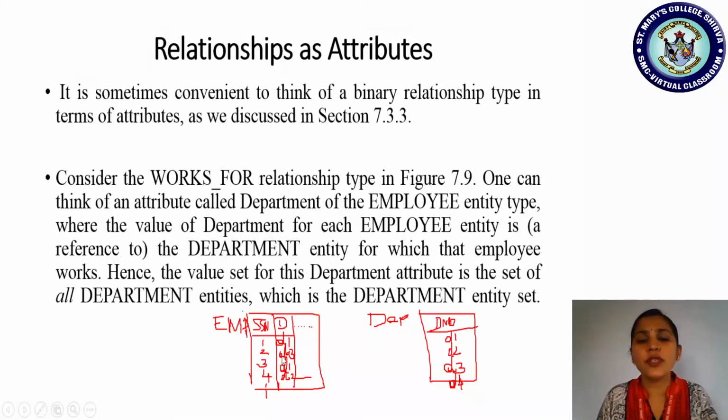Similarly, employee 2 is working for which department? It is D3, department 3. Yes, it exists. Then similarly, employee 3 works for which department? Department 1, D1. Just check out here. Similarly, employee 4 is working for which department? D2, department 2. Yes, department 2 exists. So, what they mean to say here is